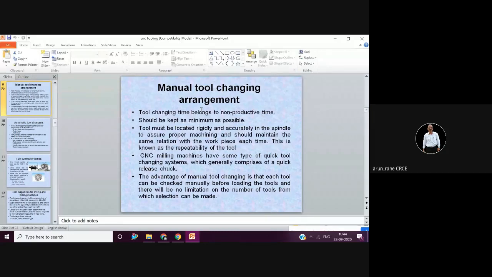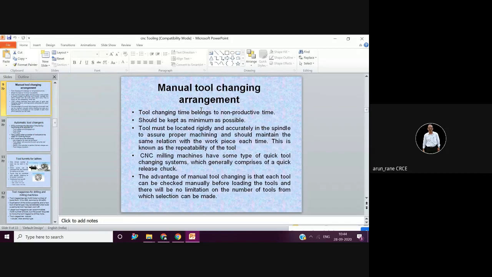So in that case, you go for manual tool changing. Manual changing means you have to just press the button, hold your current tool in hand, of course with the close. Okay, press the button, so it will release that clamp which was holding that knob which I showed you. Then the tool will be released. You have to hold the tool, then push it down.